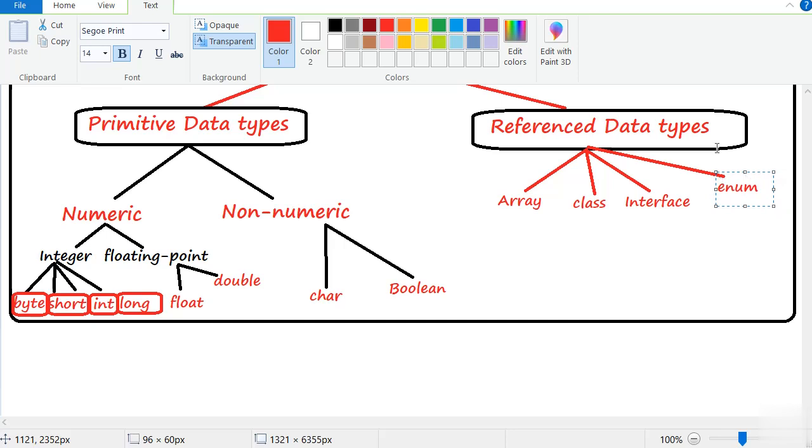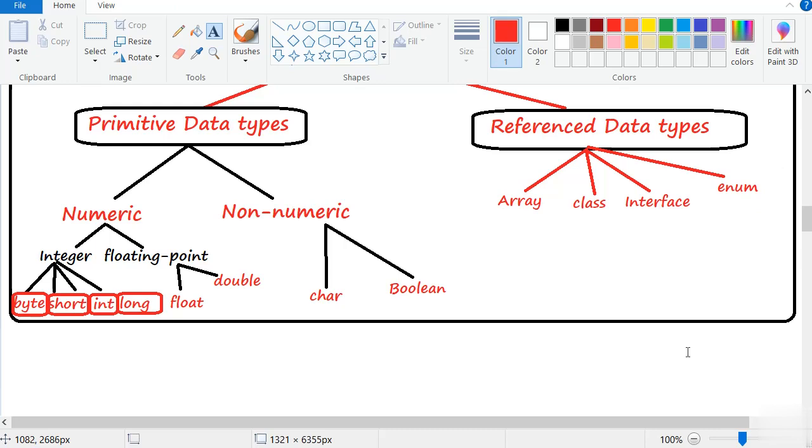These are four types of reference data types to store multiple values. Next, we will see the size of our